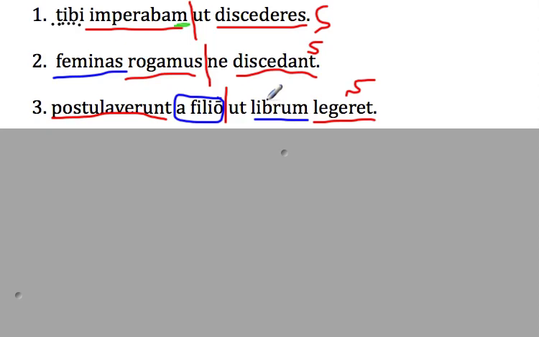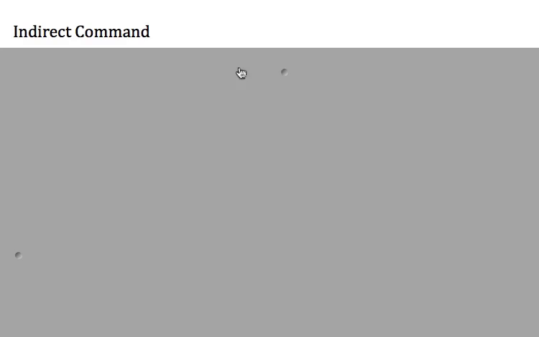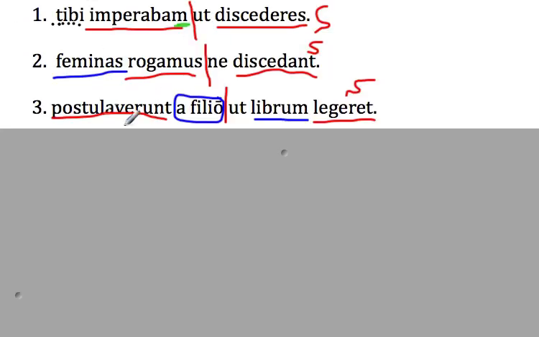Okay? There are your 3 sentences. Those are 3 examples, and make sure you're taking notes on all of this. Those are 3 examples of what are called indirect commands. Okay? In some sense, all of these sentences are commands, but they're indirect commands. I ordered you to leave. Okay? Meaning at one point I said to you, hey you, leave, which is a command, but I'm reporting it